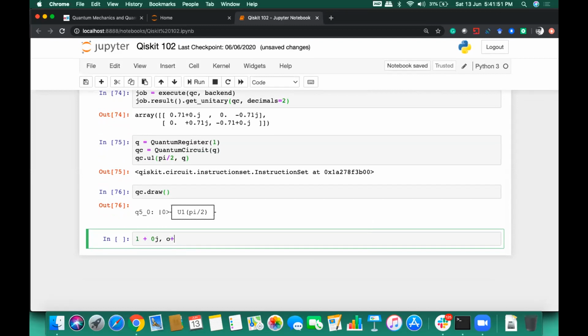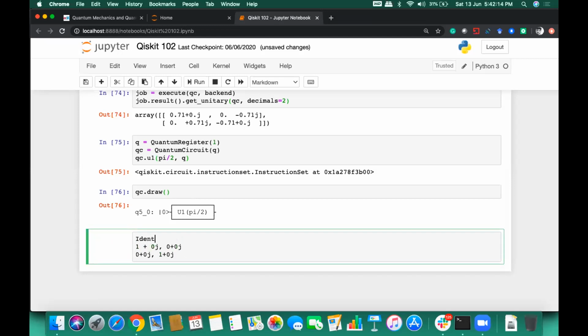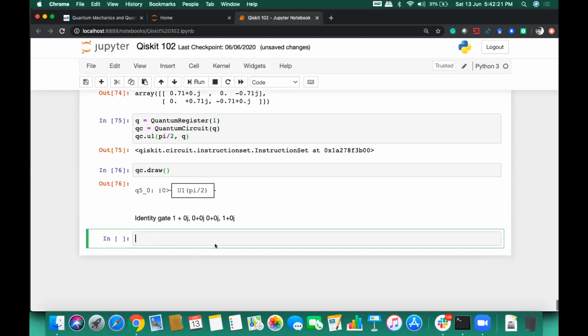As we have the identity matrix in linear algebra, the same way it will be for this also, comma, 1 plus 0. All right, so this is a representation of the identity gate when you execute certain code on this.